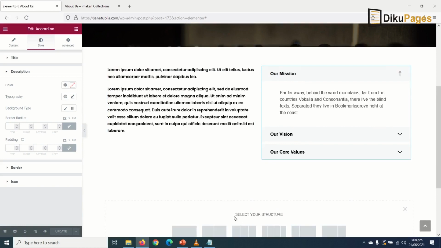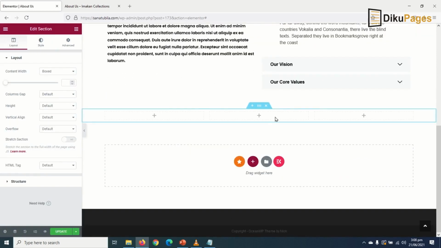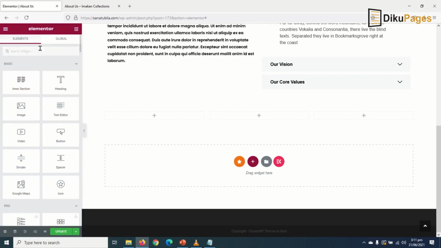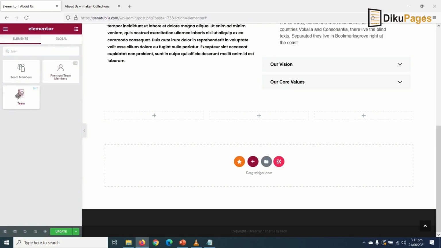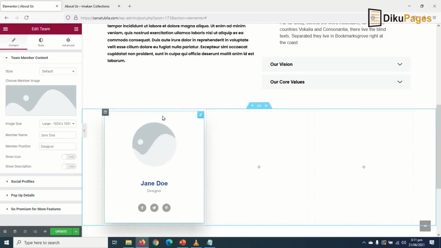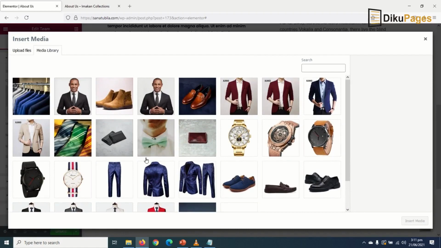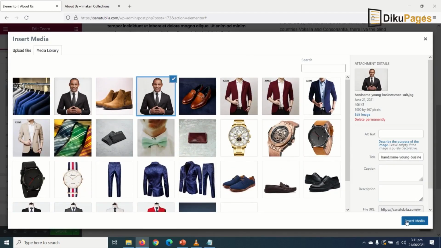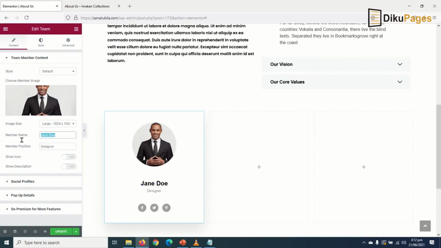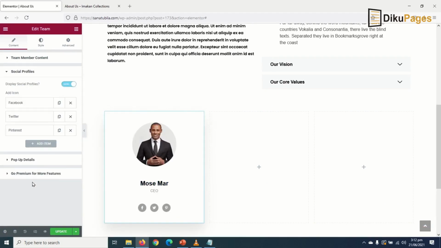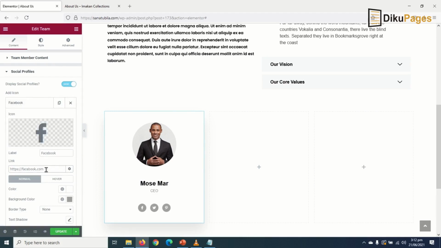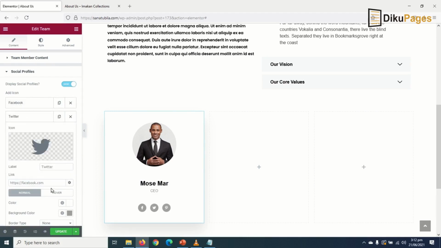Next, I add a new section, and I'll choose the 3 columns. I'll go to elements, I search for theme, I grab the one with Xkit, I drag it in here, then image, I'll just use this one for all of them, and then the name, member position, CEO, and then the social profiles, I drop down Facebook, and in here I enter the person's profile link, Twitter as well,